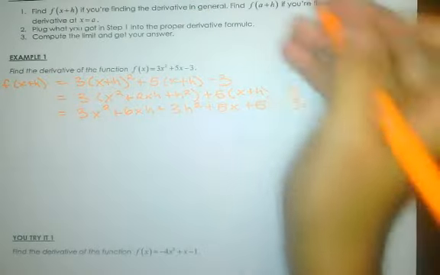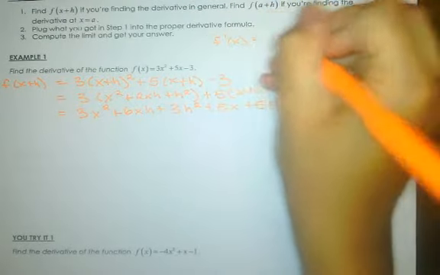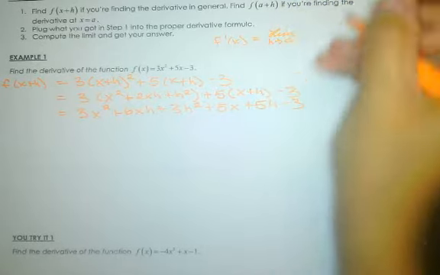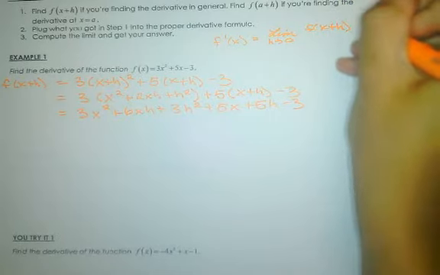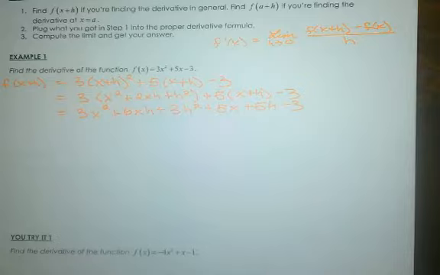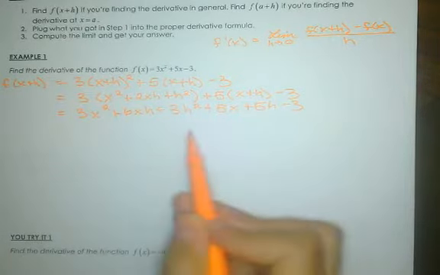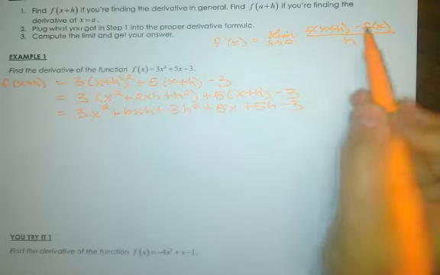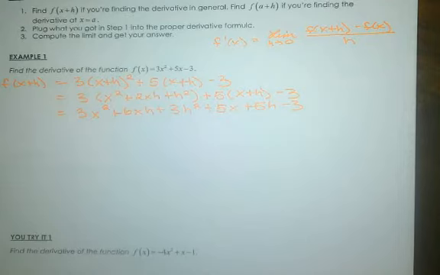So remember that proper derivative formula here. It says that the derivative is going to be the limit, and I'm just copying this from the previous page, but I like to have it here so that I have something to reference. So this is our limit definition of the derivative. Okay? So now this is this huge thing here, and then it's just minus the original. Make sure when you're doing this minus the original, you have to put this trinomial here in parentheses, otherwise you're going to